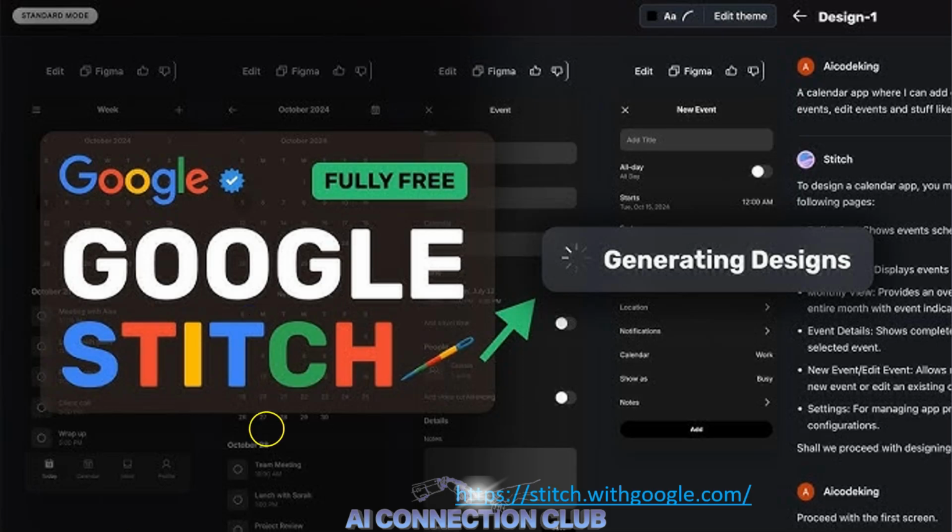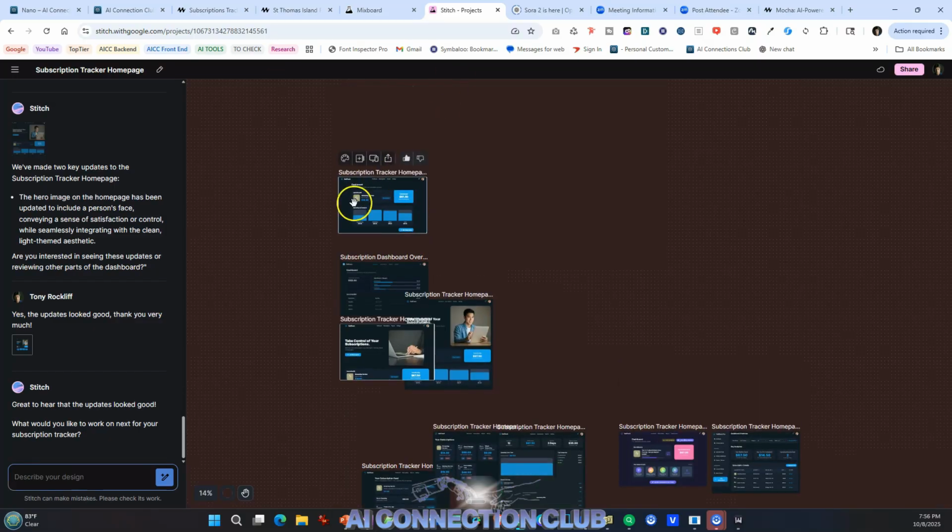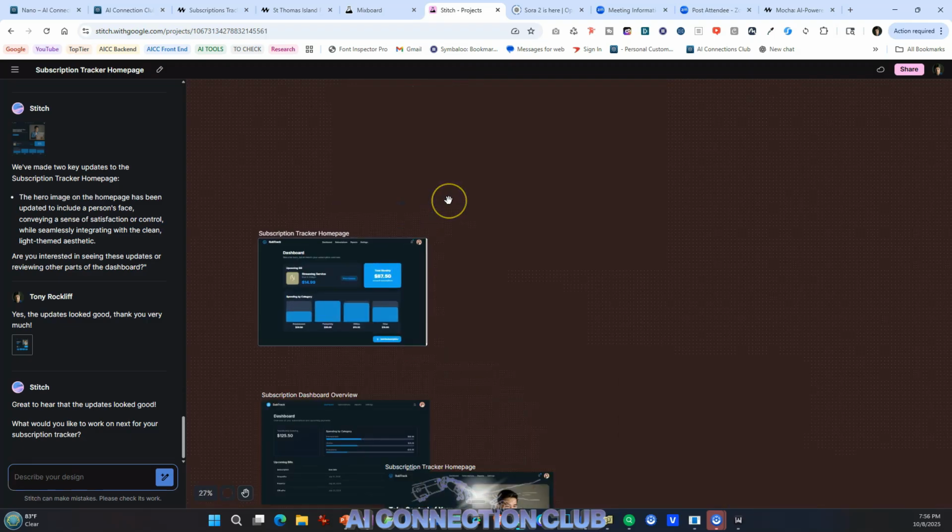Now, Google Stitch. I mentioned before that these vibe coding apps tend to be very good at creating the actual app, but not great at the design of the front end or how the app looks. So Google came out with Stitch. And what Stitch enables you to do is